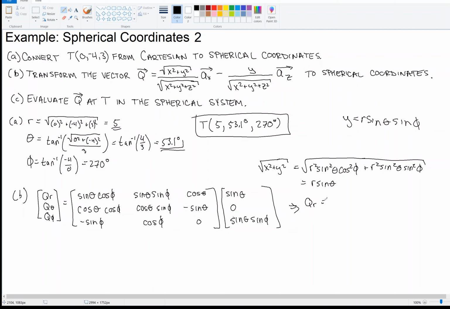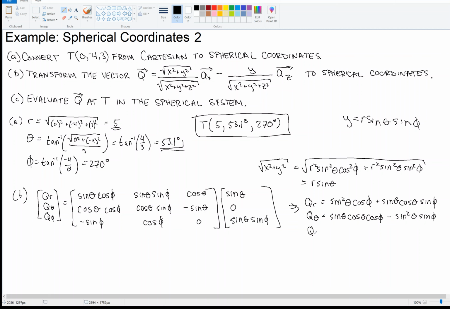So we get sine squared theta cosine phi, and then 0 of that component, and then we have sine theta cosine theta sine phi, right? And then we do the same thing, we perform the transformation, we get the component in the theta direction, that's this guy, second row times the column. So this is sine theta cosine phi, and then a 0 component, and then we have minus sine squared theta sine phi is the theta component,